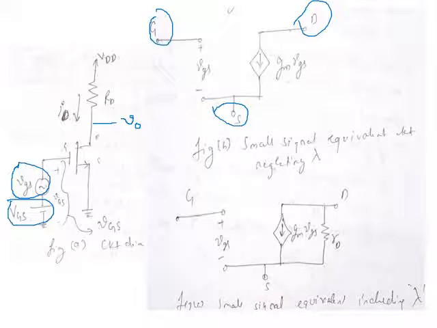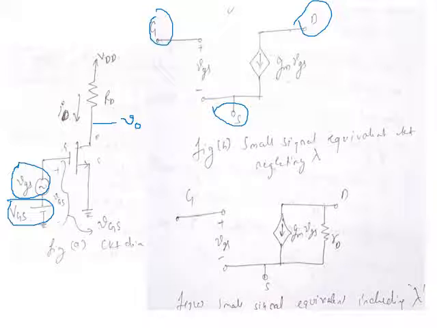What input signal am I giving? I am considering the small signal equivalent circuit, so I will consider only the AC input here. What is the AC input? vgs. What is the output? The output current is id. That id depends on the value of vgs, correct? As you already know, gm is id over vgs, so id is gm times vgs. So the output current, that is the drain current, is a function of gm times the input signal vgs.